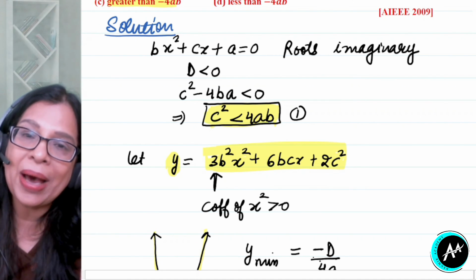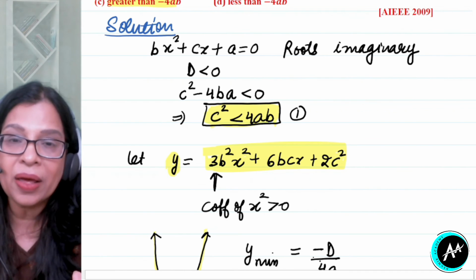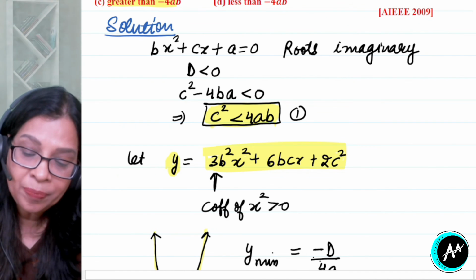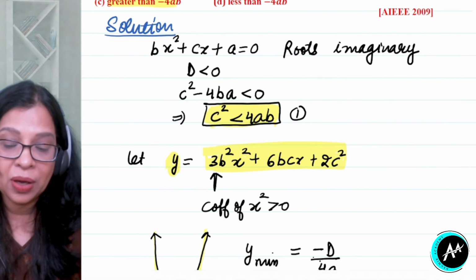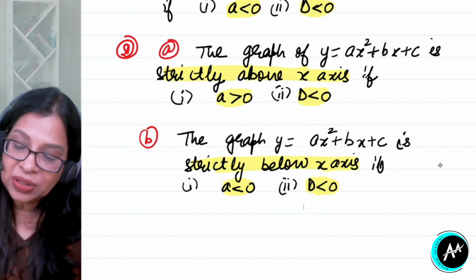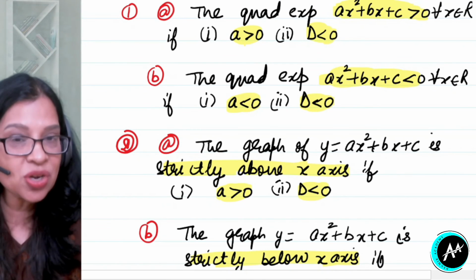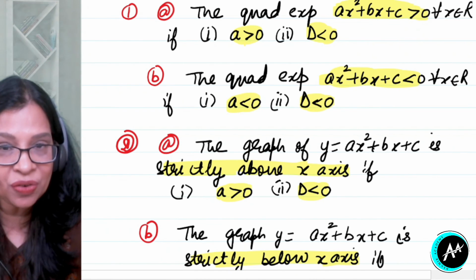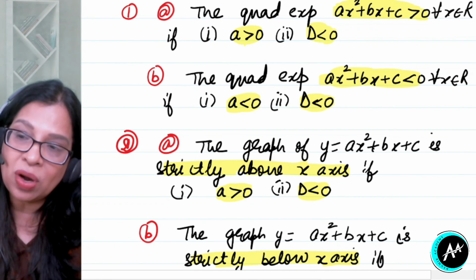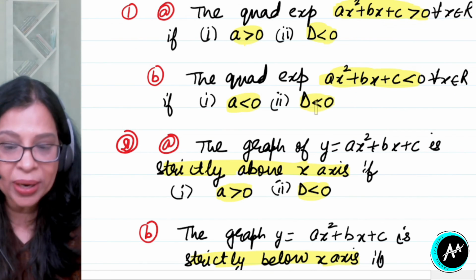And when does a parabola not cut or touch the x-axis at any point? In that case, we had done that it will happen when D is less than 0. Alright, no real roots. And these two important points in the note we have done, that a quadratic expression is always positive if a is positive, D is negative. Expression is always negative, as you can see here, if a is negative and D is also negative.